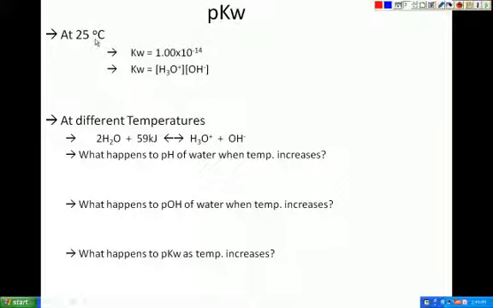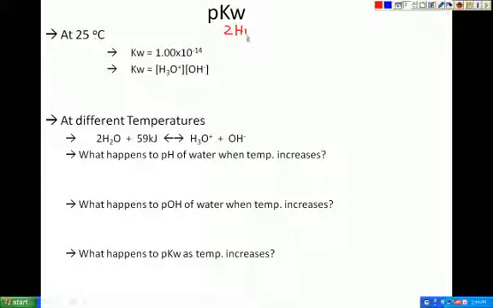So earlier on we learned about Kw, and we learned that it's the water constant and that Kw equals 1.00 times 10 to the minus 14 at a temperature of 25 degrees Celsius. Okay, so we also learned that Kw equals the concentration of H3O plus times the concentration of OH minus. This comes from this formula right here of